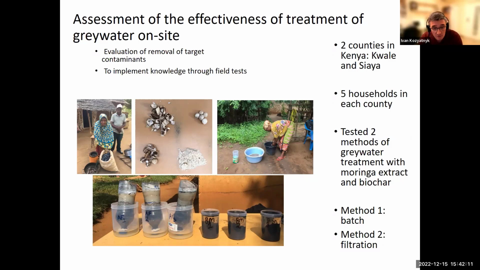Basically, both these methods were effective for removing turbidity and color from this water, but they were very dependent on several parameters, such as how much water was used for washing clothes, on the quality of the water used, on the amount of washing powder, and also the quality of sand for filtration influenced the final quality of the water quite a lot, because if the sand contains some kind of soil residue, it may give secondary color to the treated water.